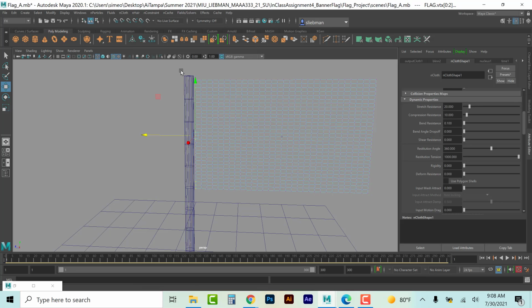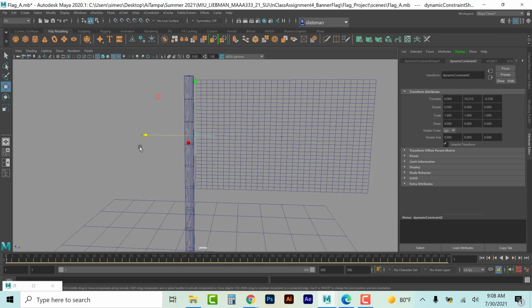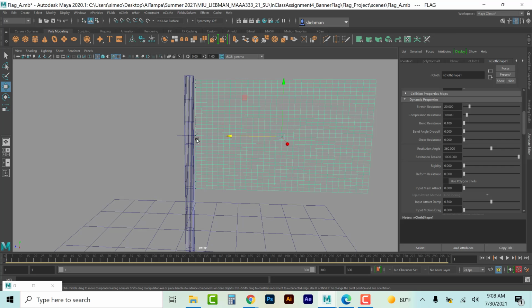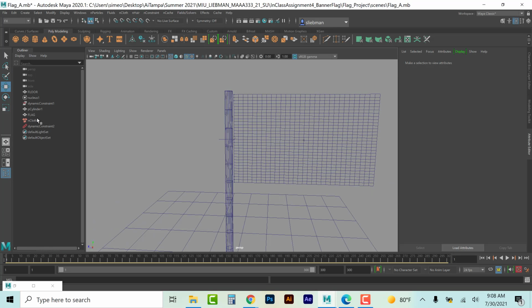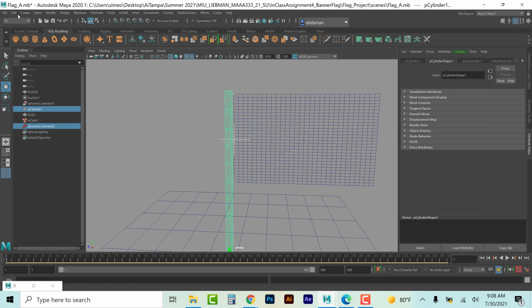So to make that illusion, to create that effect, I'm going to do nConstraint, Transform, and you see now it created this green locator here. Maybe I need my Outliner here to see. My dynamic constraint is this green locator here. And all I need to do with that green locator is hold Shift, select the flagpole itself, and Edit, Parent. So that constraint is parented to the pole. So those points on the cloth are basically attached to the constraint, and then the constraint is parented to the pole. So now when I hit play,